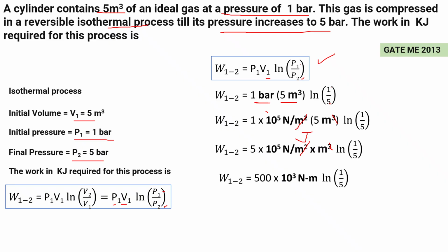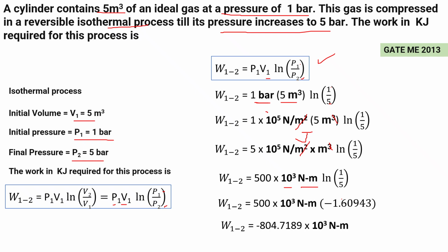So here this will be written as 5 into 10 to the power 5, which is equal to 500 into 10 cube Newton meter, ln 1 by 5. So 500 into 10 cube Newton meter, ln 1 by 5 equal to minus